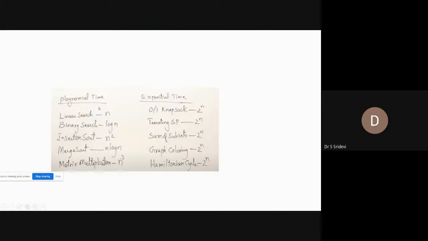See, if you compare the time, this will be the polynomial time and this will be the exponential time. See here, it is exponentially increasing, in the sense that the complexity will be very high. For example, if n is equal to 100, see 2 to the power 100, how much will the value be? If n is equal to 1000, 2 to the power 1000, how much will the value be? If it is exponentially increasing, the computation time will be very big. So with respect to polynomial time and exponential time, we are going to discuss NP complete problems. Polynomial time, in the sense that it may be in n